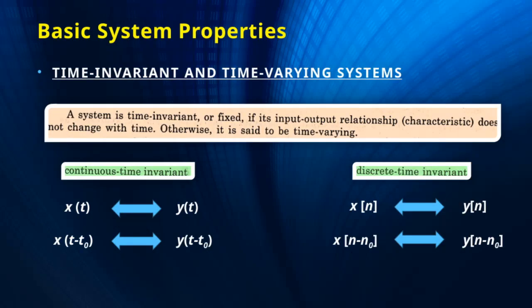Let's take a closer look at how signals are represented in both the time domain and the discrete domain. For example, y[n] represents a discrete-time signal at a specific time n, while y[n-n0] shows us the same signal shifted by n0 samples. Similarly, in continuous time, y(t) is the signal at a particular moment t, and y(t-t0) is shifted by t0 seconds. Now, when we talk about x[n] and x[n-n0], we're looking at the same concept, the original discrete signal and its shifted version. In continuous time, it's x(t) and x(t-t0).